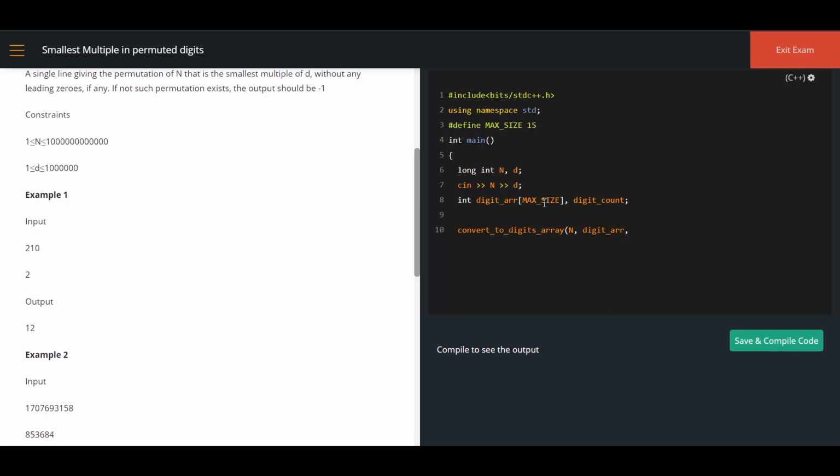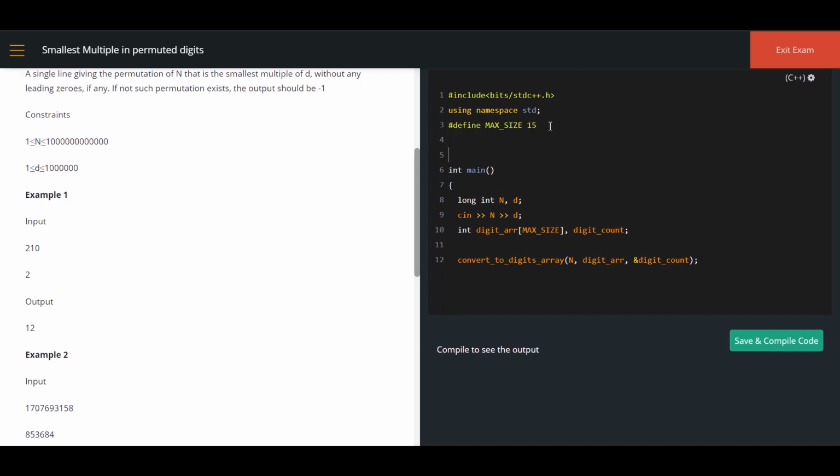And remember one thing, in call by value, whatever changes I make in the function definition will not be reflected back. So I am going to use call by reference, which means I am going to pass the address of the digit count variable. Now I have to define this function, and it is not going to return anything, so I have given it as void.